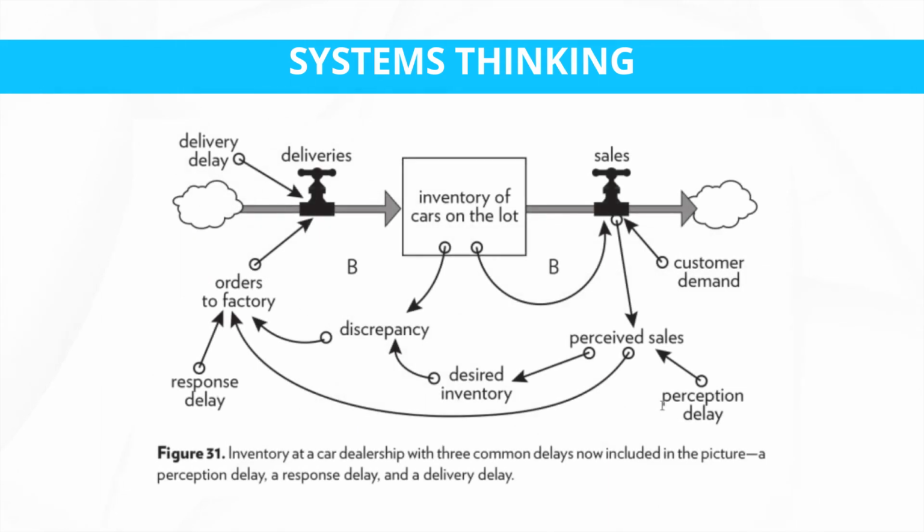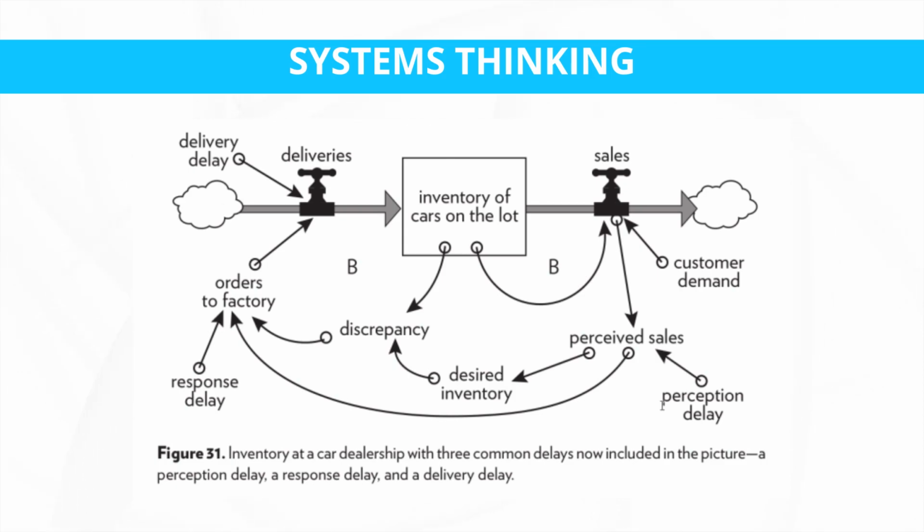Next, you need to identify the components or entities within the system. These could be individuals, variables, structures, or processes that contribute to the system's behavior. What are the parts and pieces that are actually moving the system along? Once you've identified those parts, you need to map out the relationships and interactions between the different elements.